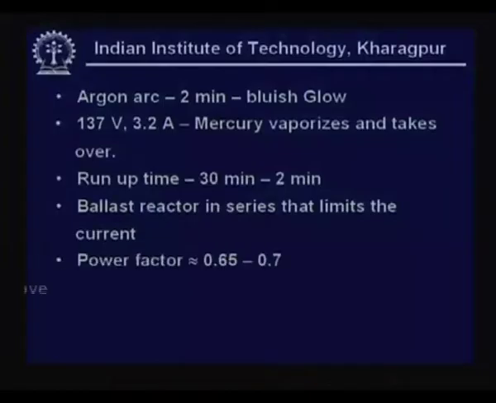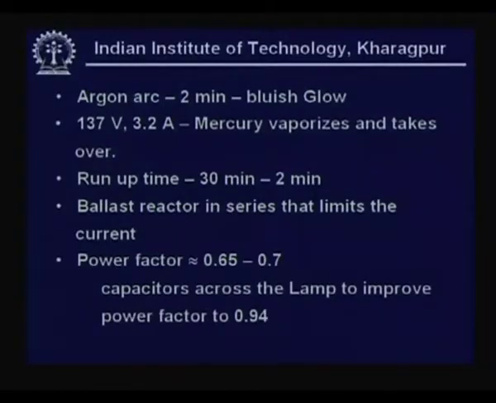Again it is the mercury vapor, and they limit the current, and being inductive in nature, the power factor is low. We find the power factor is around 0.65 to 0.7, and